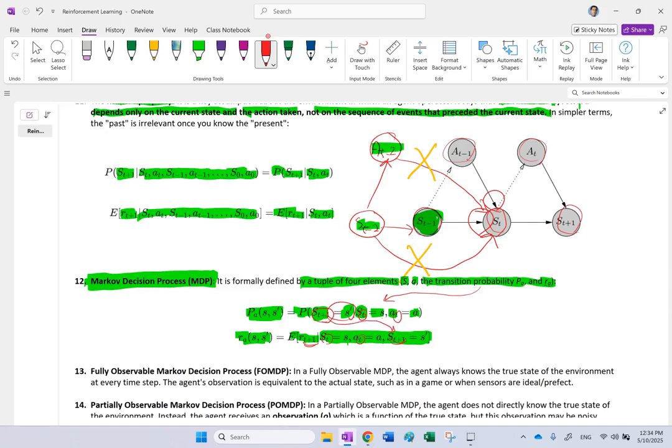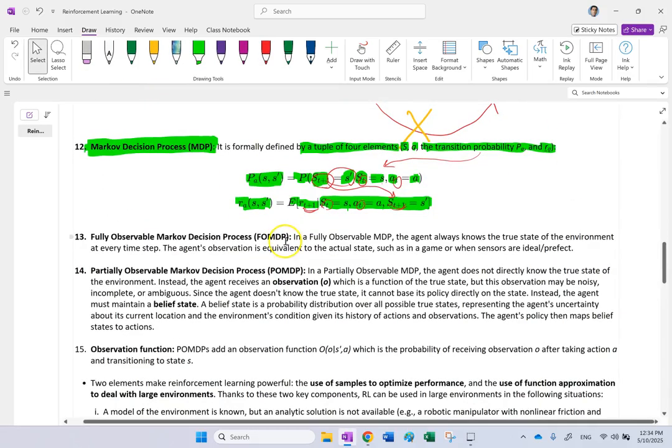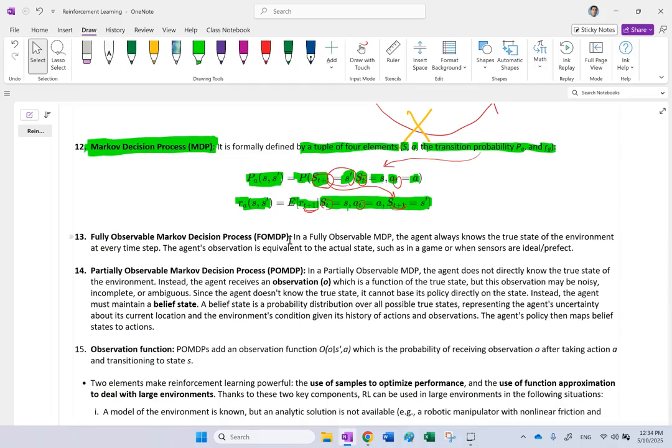Okay, only the current time or the previous time matters for the current time, or the current time matters for the next time. That's it. That's called the Markov decision process. Now, Markov decision processes could be fully observable or partially observable. What is that? Fully observable Markov decision process, or